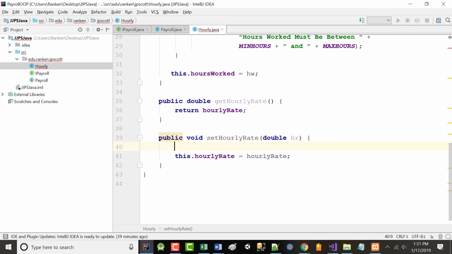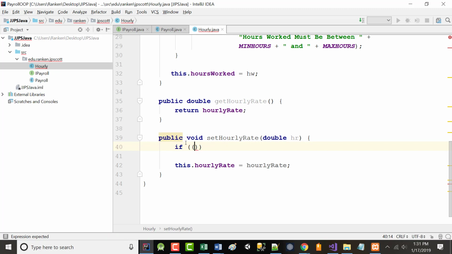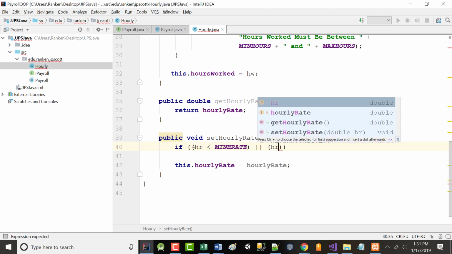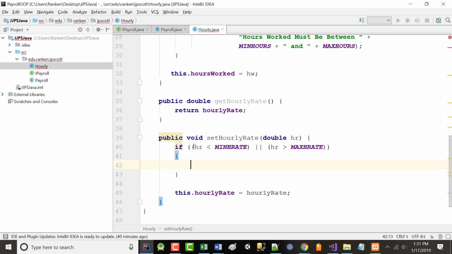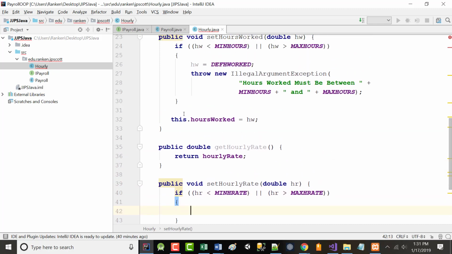So now we're going to do something similar for hourly rate. I'll keep that line there, but I'm going to do the same kind of thing I just did. In other words, I'm going to say if the hourly rate is less than the min H rate, or the hourly rate is greater than the max H rate, we'll do the same thing we did here.